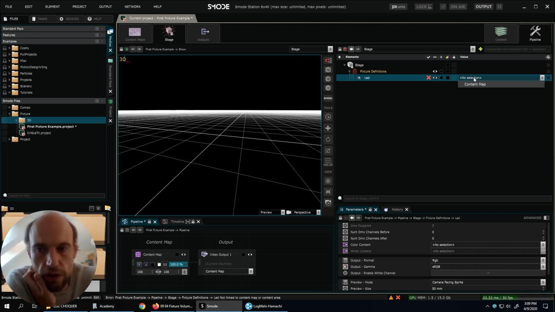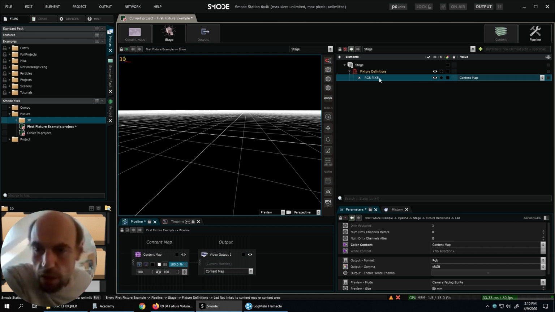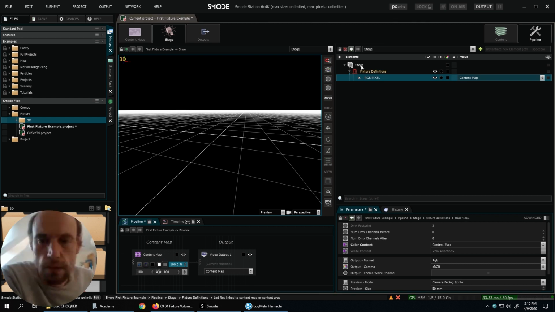We also need to connect this type to some contents. So this basically will say that my type, let's say LED, is going to be an RGB pixel. So we can call this one RGB pixel, for example. Here I also define that RGB pixels are connected to the content map called content map.